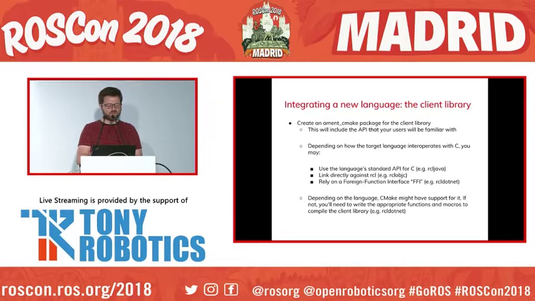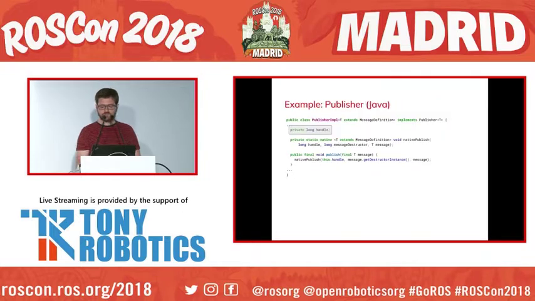has only 5 functions that are the minimum, like rcl_init, rcl_publish, rcl_take, wait sets, and spin, and that's it. There's more stuff like services and quality of service, but that's the bare minimum. The 3 client libraries that I'm presenting each have a different way of interacting with C. So there's a chance that your language will fall into one of the 3 options, but we are gonna focus